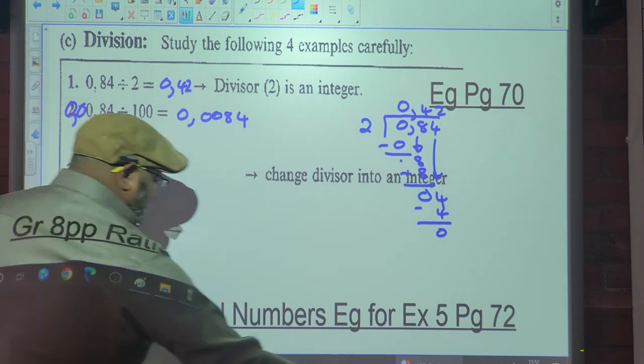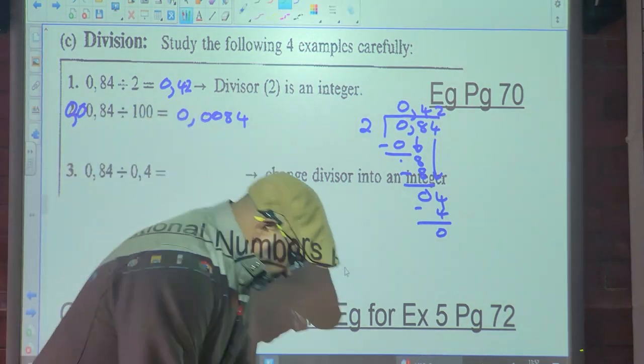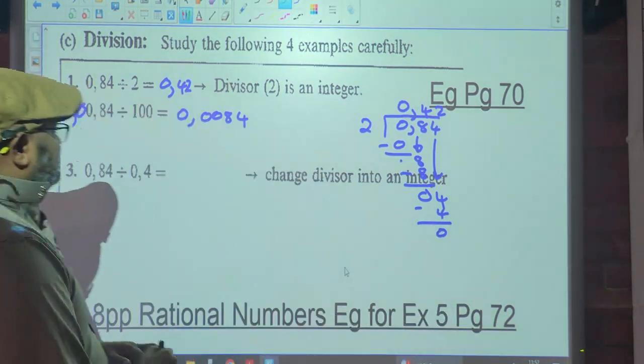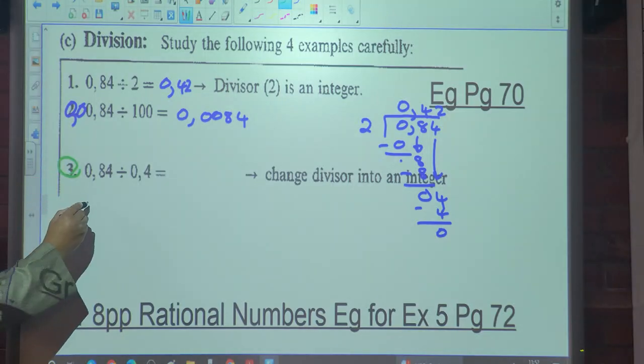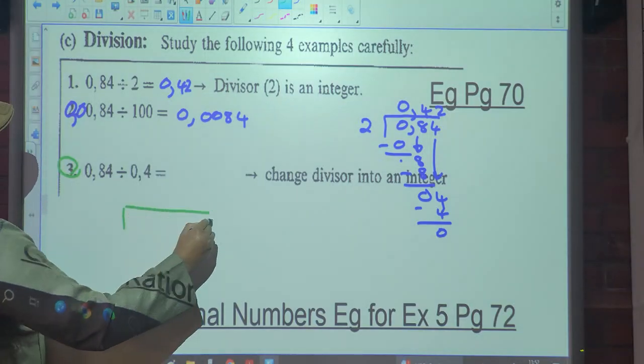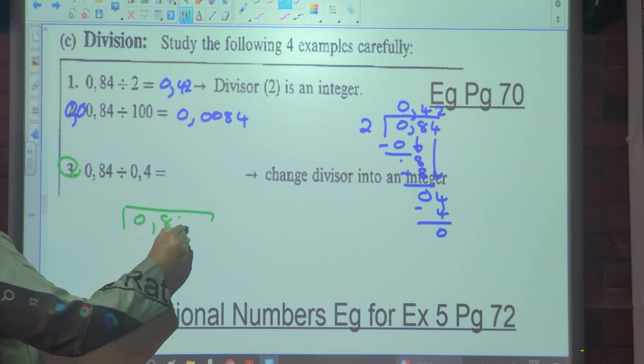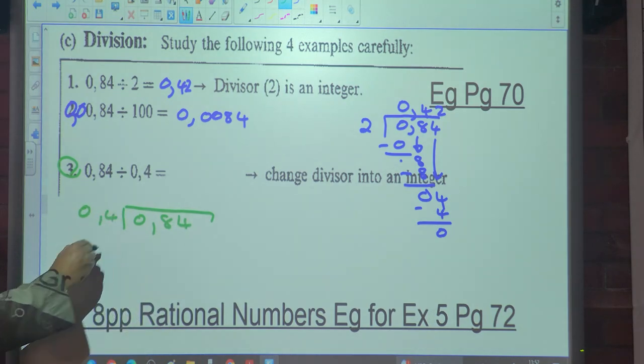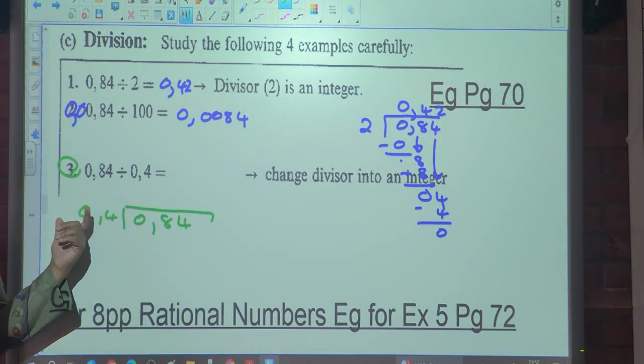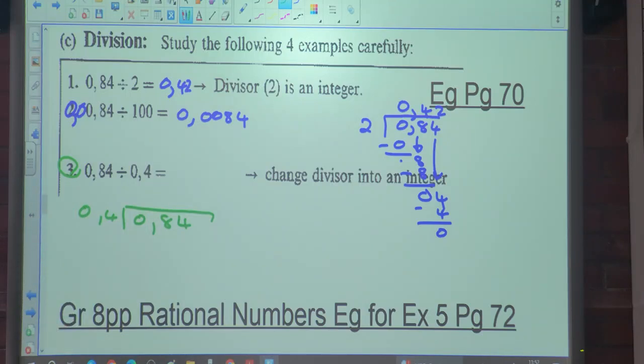Looking at number 3. In question 3, we have 0,84 divided by 0,4. Now, is this divisor a whole number? No. We'll make it a whole number. So, in other words,